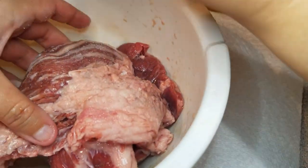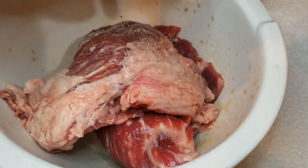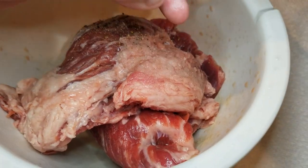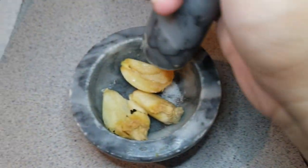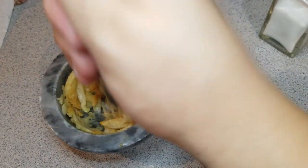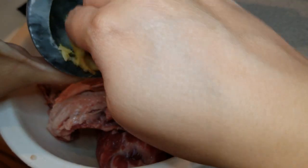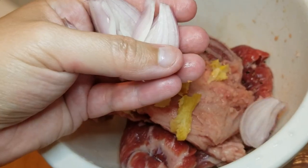So I know I said salt to taste. You have been cooking for a while, so you should probably know, but use enough so that it tastes good. Then fresh cracked black pepper, minced garlic. I love fresh garlic. It's great and it makes everything smell so good. Shallots,